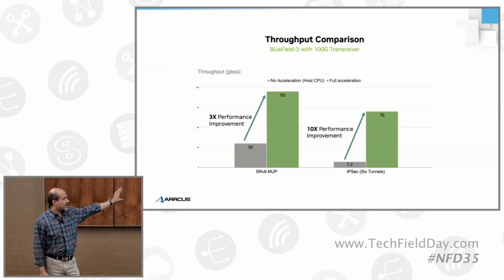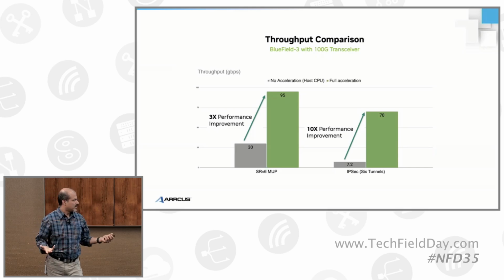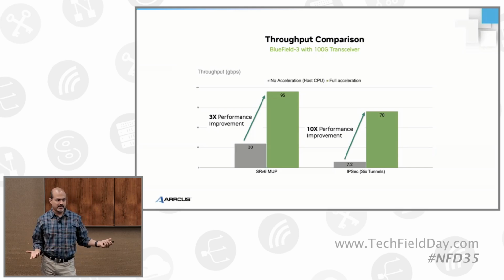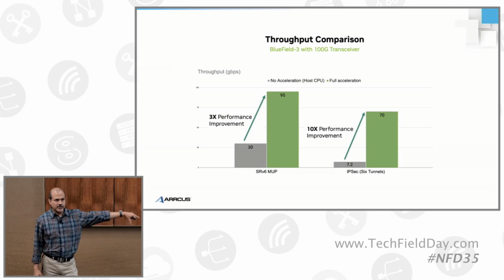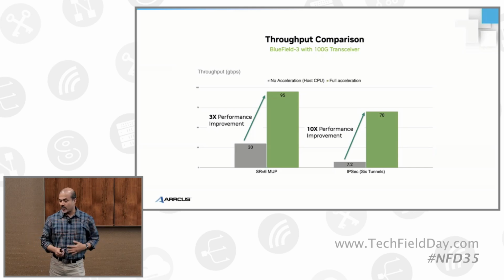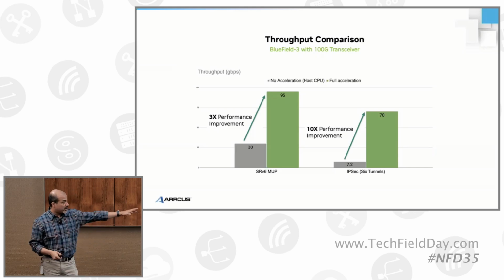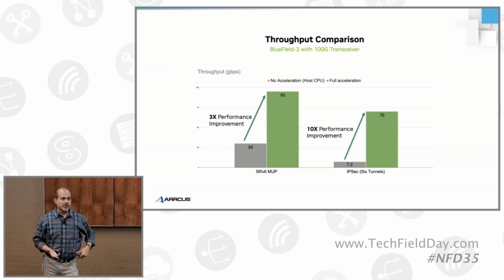I need to point out that the BlueField 3s that we have had a 100 gig transceiver. So theoretically we could not go over 100 gig even if we wanted to, right? So we are almost achieving the 100 gig throughput for SRv6. On the right hand side we see the performance for IPsec, and this is where you get the biggest bang for buck. We were only able to push about 7.2 gig using about 6 host cores